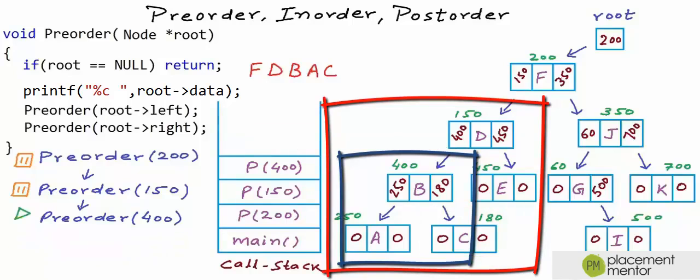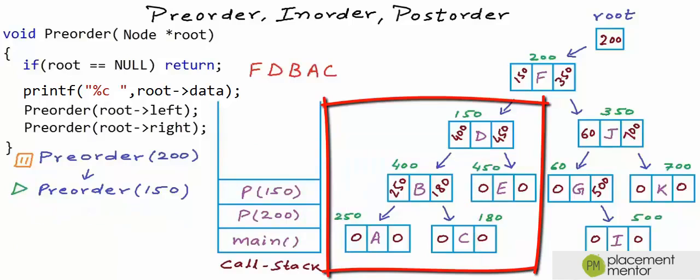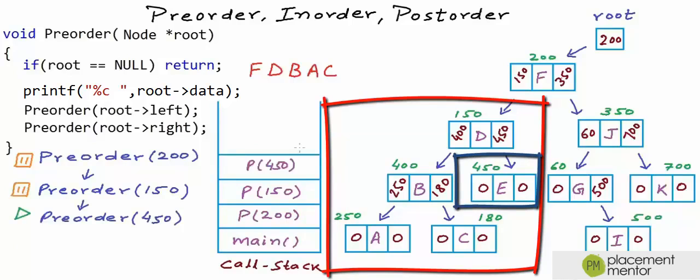Even for preorder 400, both calls have finished, so preorder 150 will resume. Now this guy will make a recursive call to preorder function passing it address 450, address of its right child. Memory in the stack will be allocated for execution of preorder 450. Now in this call we will first print the data, and then we will make two recursive calls